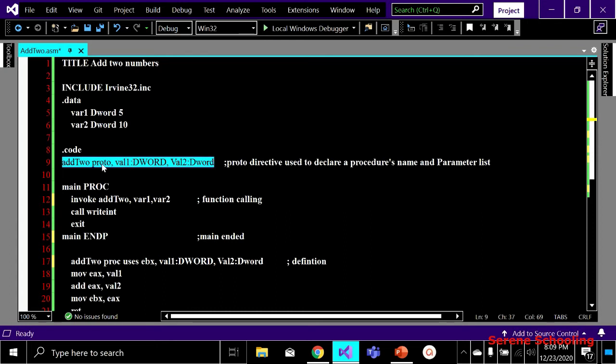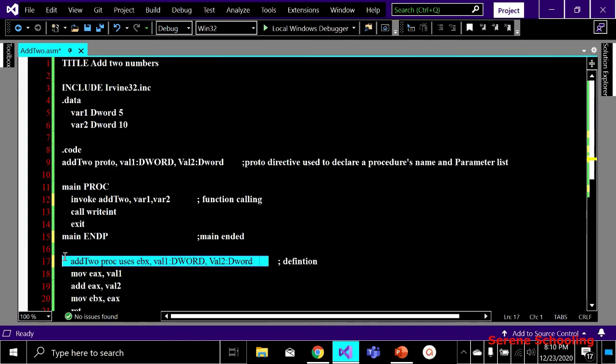You can see this is my prototype before the main procedure. And where should the definition be? Definitely now it can be after the main procedure, because we have declared it already. After the main has ended, I have written the definition. This is the definition, this is the prototype.